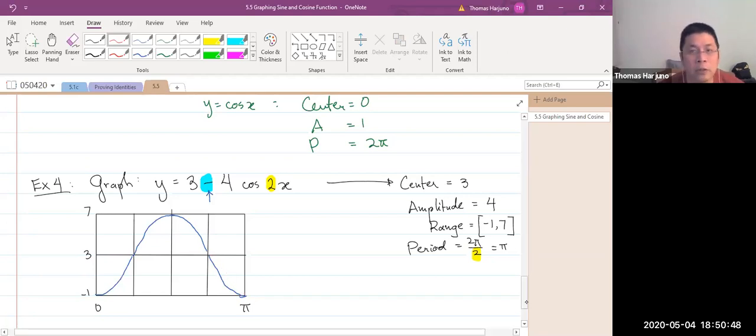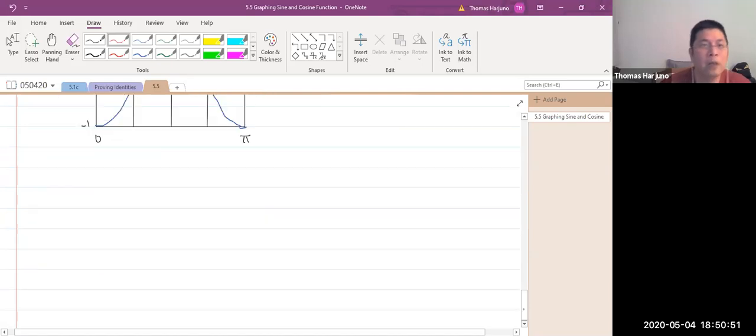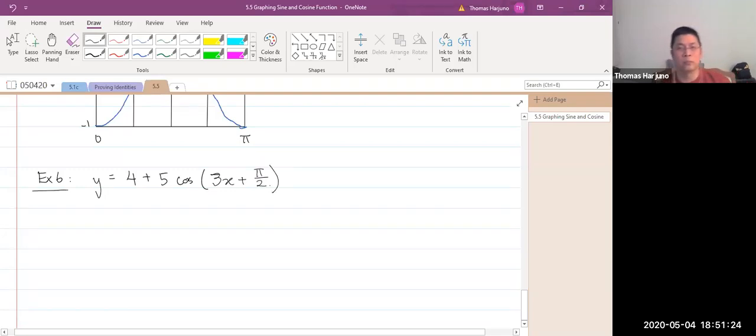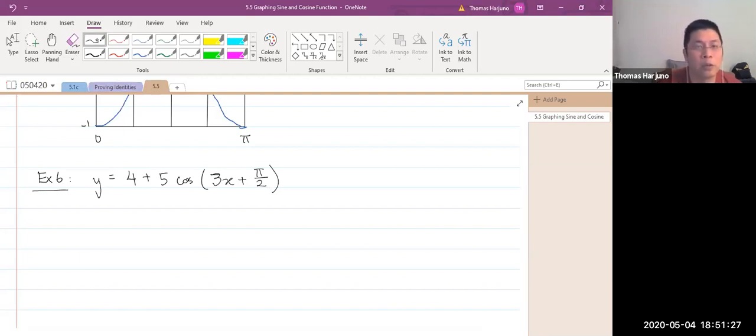Now then, what happens if we have something called phase shift? Example 6. Suppose I have y equals 4 plus 5 cosine of 3x plus pi over 2. Now we will have phase shift here, but before we see the phase shift,